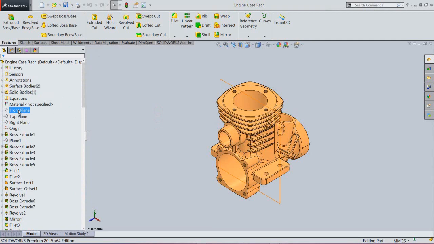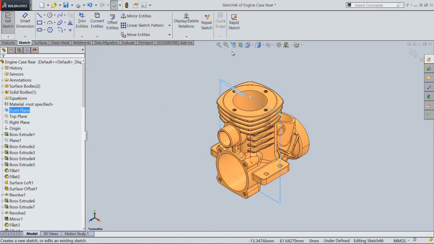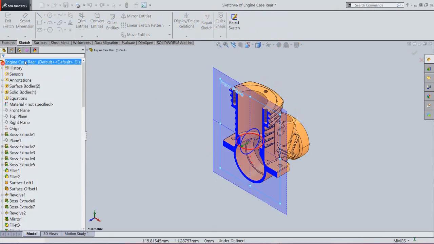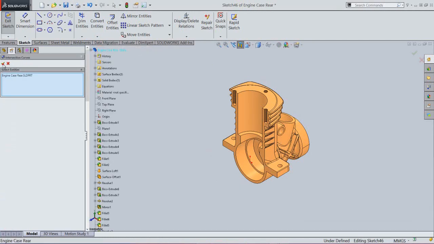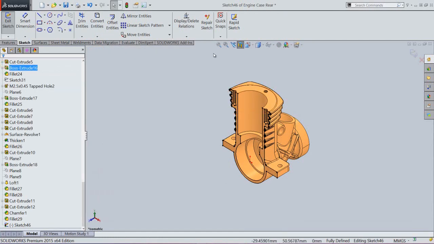Select the front plane, sketch. Now we will activate the section view by selecting the front plane and take the projection of this model. Okay.